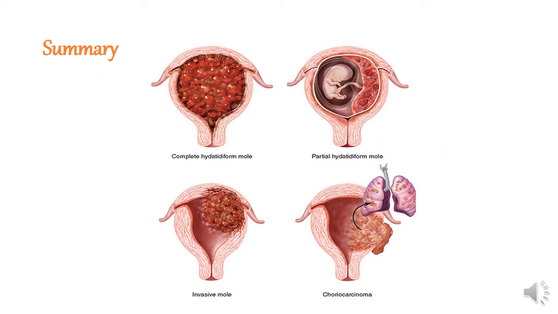To sum up, this gestational trophoblastic diseases are the proliferation of the placental tissue, either villous or trophoblastic one, and broadly they can be classified into molar and non-molar lesions. In molar lesions we have hydatidiform mole and invasive mole. The hydatidiform mole can be classified into complete and the partial one, and in non-molar lesion we have choriocarcinoma and placental site trophoblastic tumor. You should remember this one: invasive mole is the locally destructive tumor, whereas choriocarcinoma is a locally destructive and widely metastasizing neoplasm of the placental tissue.